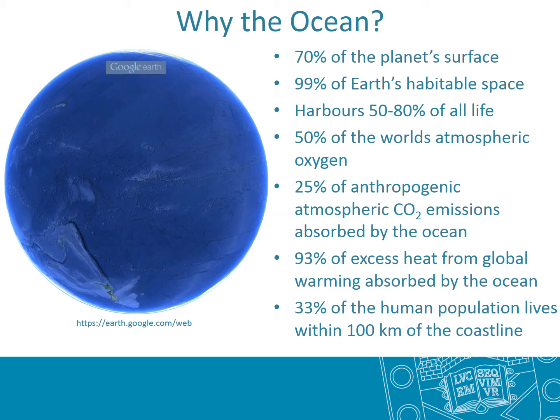On the left here is a view of our planet from a certain angle in space. At this angle, our planet is entirely covered by ocean, with the exception of New Zealand at the bottom and Alaska at the top. It illustrates the scale of the ocean. It covers around 70% of the planet's surface, but when we think about Earth's habitable space, it's closer to 99%. It harbours between 50 and 80% of life, produces 50% of the world's oxygen. It has absorbed around 25% of anthropogenically emitted carbon dioxide into the atmosphere and has absorbed around 93% of excess